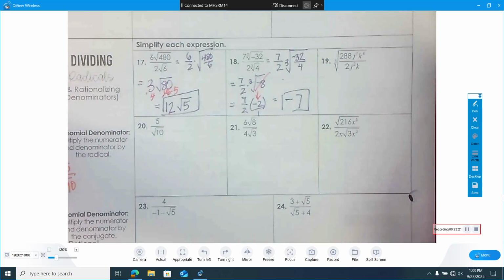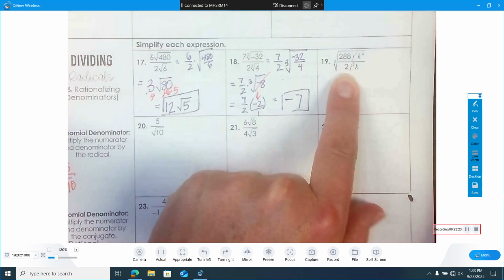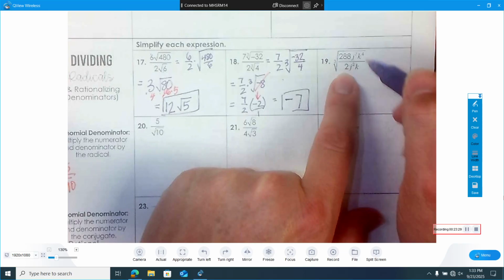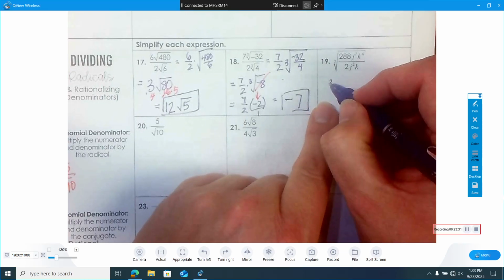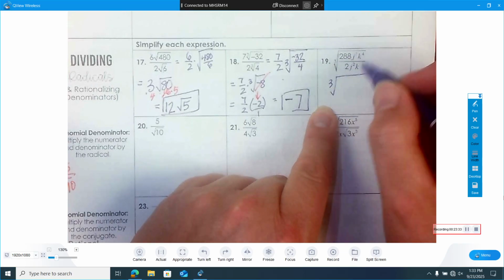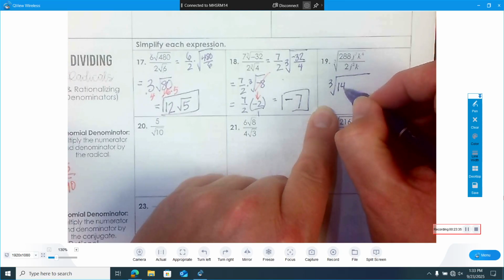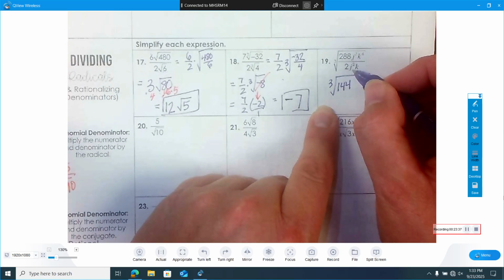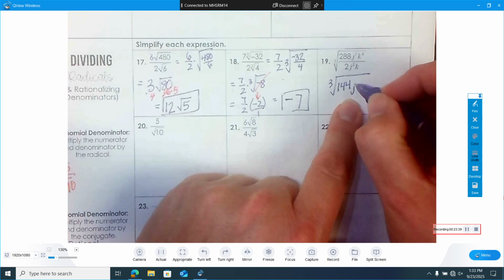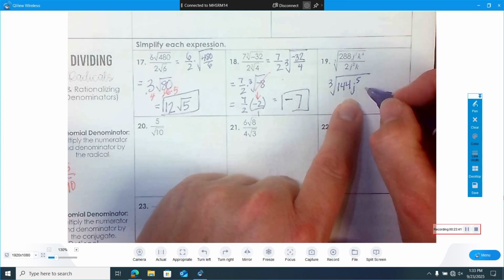All right. Again, here we have 19. It's all under a giant cube root. What do you suppose we need to do? Simplify first. Absolutely. We can tighten that up. 288 over 2 is 144. J to the 7th over j squared is j to the 5th. K to the 4th over k is